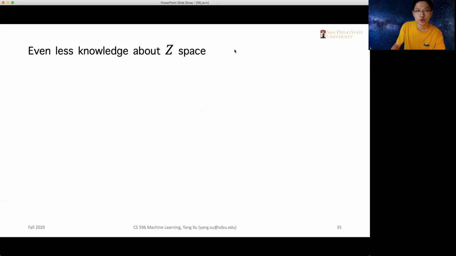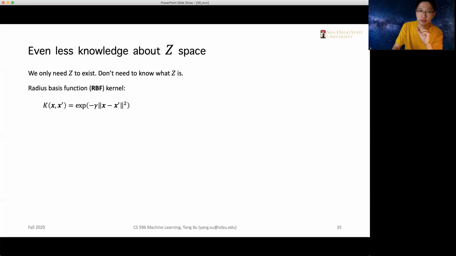Okay, so actually we can even know less about the Z space. We only need to know Z exists. We don't need to know whether it is a polynomial transformation or not. So for example, this